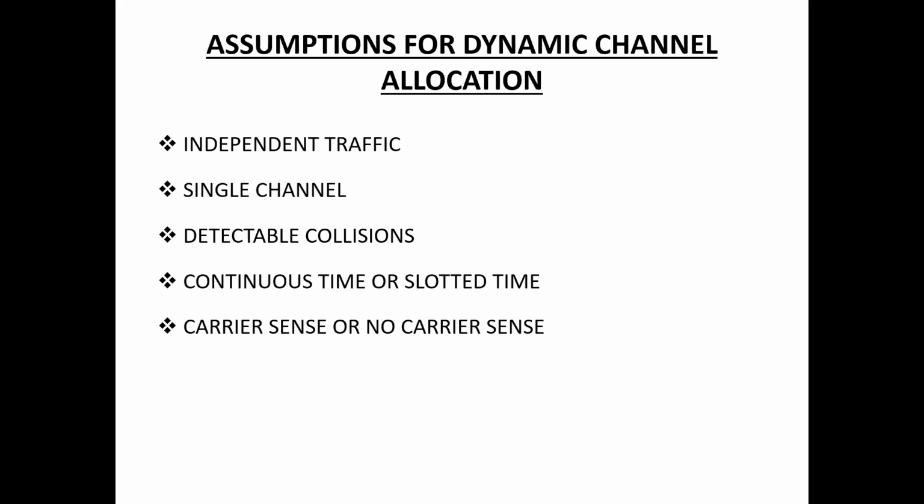In algorithms which are based upon carrier sense, a station sends a frame only when it senses that the channel is not busy. So carrier sense means sensing the carrier; the carrier is nothing but the channel. Before transmitting the frame, the station senses the channel, whether it is idle or busy. On the other hand, in algorithms based upon no carrier sense, the station transmits a frame whenever it is available and later is informed whether the transmission was successful or not.